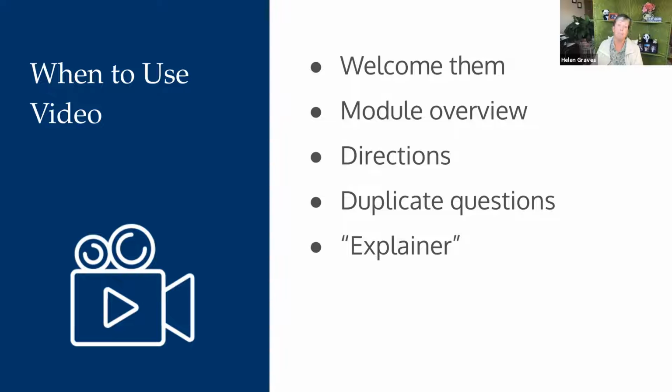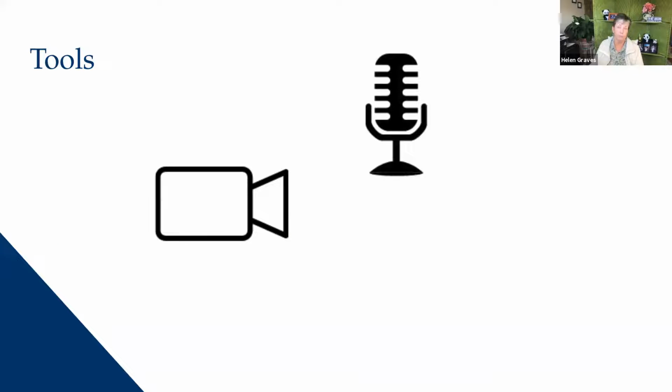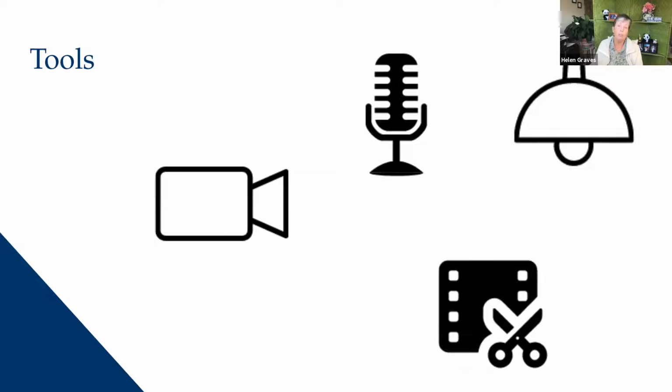So what tools are you going to need in order to do video? A webcam, a microphone, and good lighting, and a recording or editing tool. And that's pretty much it. There are a variety of recording tools available: Camtasia, Adobe Spark, Canvas Studio, Screencast-O-Matic. If you do a quick Google search, it will undoubtedly give you results for hundreds of other tools. Well, maybe not hundreds, but a lot of other tools. I just named some of the popular ones.